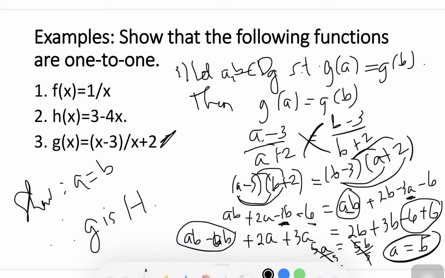So that's how you show that a function is one-to-one. You always start with this one and then use your basic algebra to show that